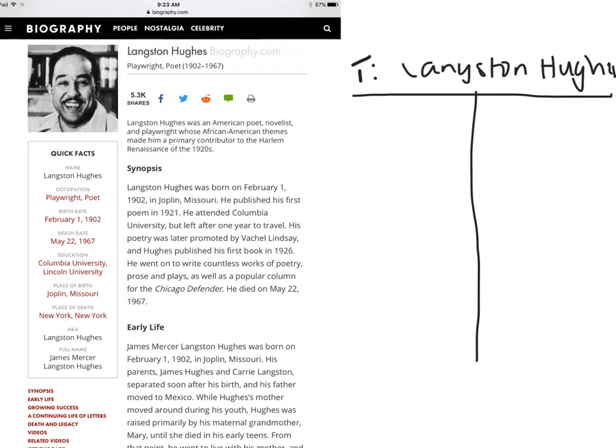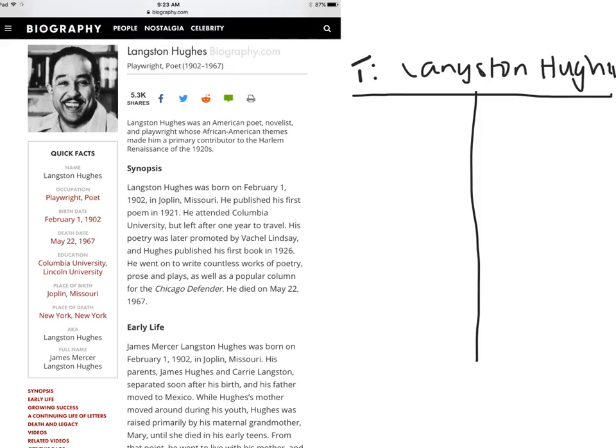So as I'm reading through my article, I'm going to stop and pull out the most important information. Remember, as you're note-taking, you don't need to read everything, especially if you have a big book. You're going to use your text features, your table of contents, to really pick out the most important ideas. So I go through. Langston Hughes was born on February 1st,